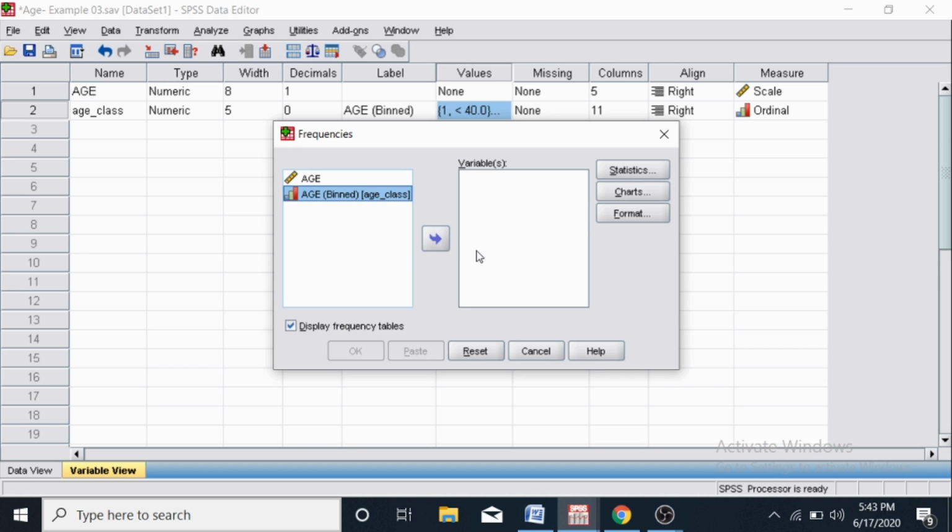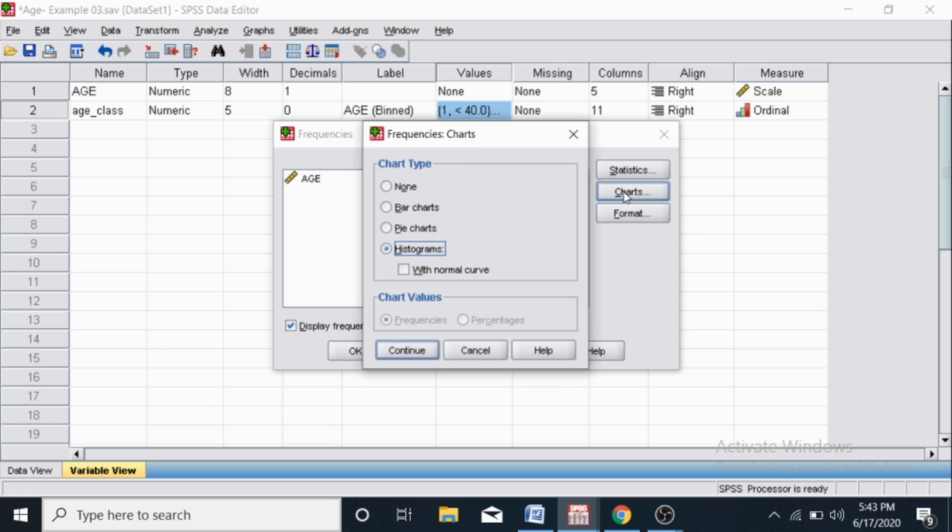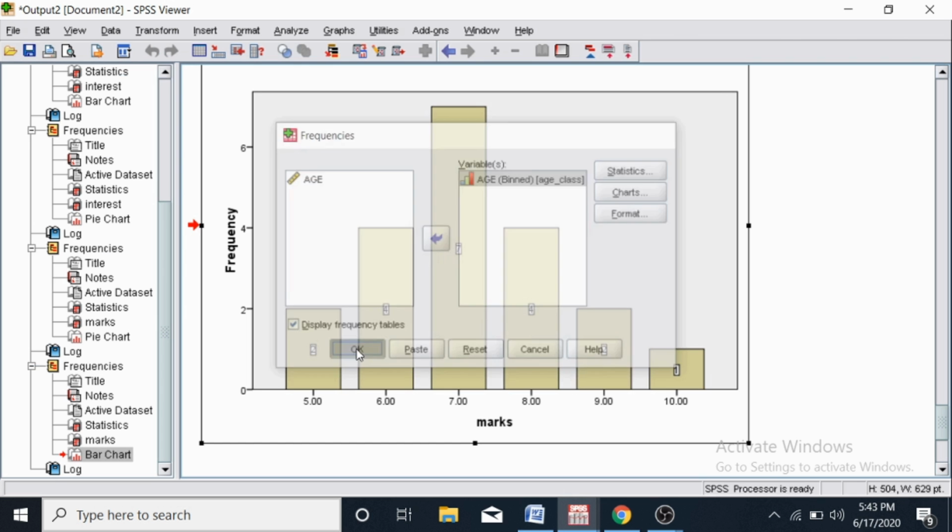Now move the binned variable, which is known as the age class. Display frequency table. Okay. Here we are going to select the histogram because the data is continuous data and there is no gap present in that particular data. Continue and okay.